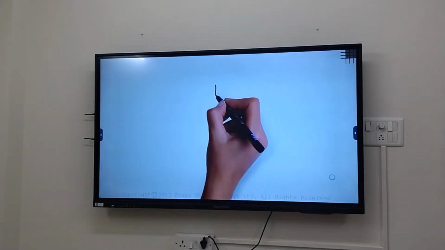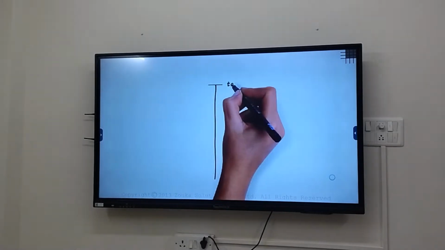Let us draw a vertical cantilever. This is today. This is 1